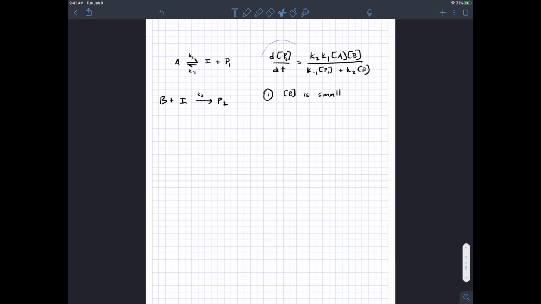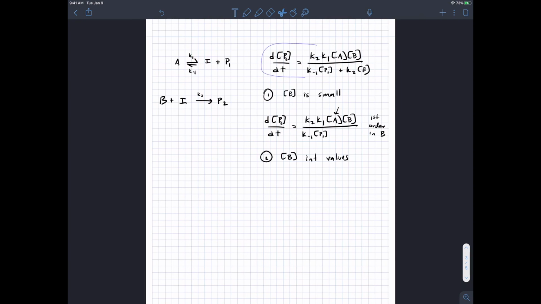If the B concentration is very small, then we expect the second term in our denominator to disappear, and we would expect to observe a reaction that is first order in B. And especially if we did a steady state approximation where we maxed out A so it wasn't changing a lot, we would begin to see in a graph a linear dependence of our observed rate on the concentration of B. In contrast, if B has intermediate values,